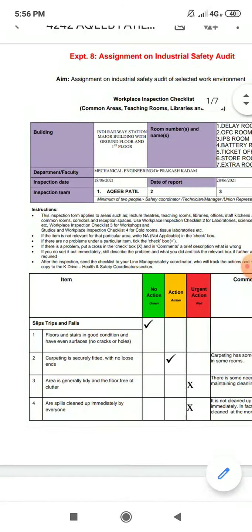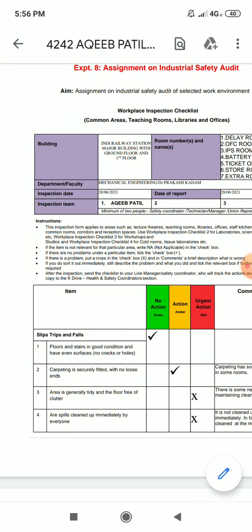So first of all, as we can see here in the violet section, there is the buildings option. In this, as per instruction number 1, we can take any large building or any large structure, for example any teaching room, staff kitchen room, common rooms, etc. It will be better if we take a particular industry or factory. We can also take railway stations. As for my condition, I was near a railway station, so I have taken this.